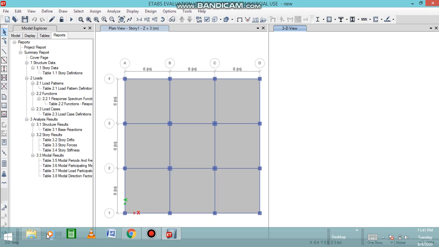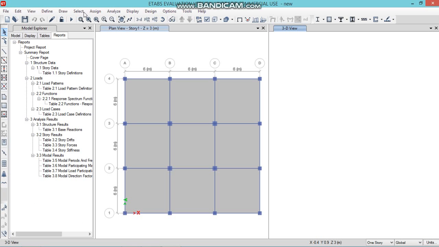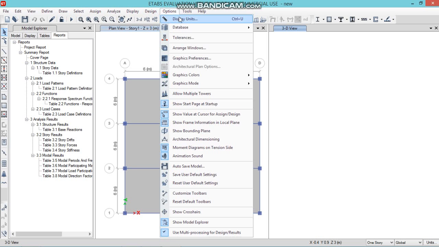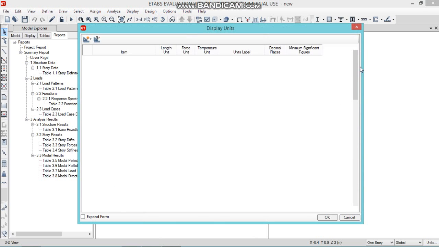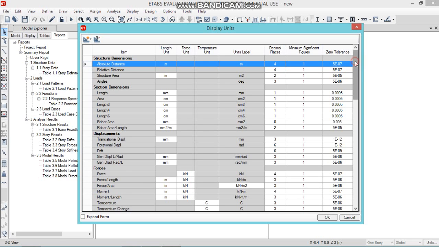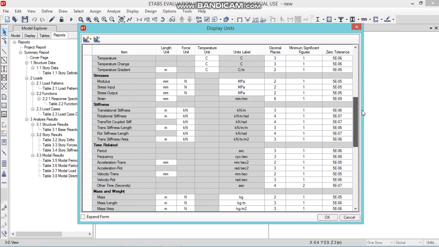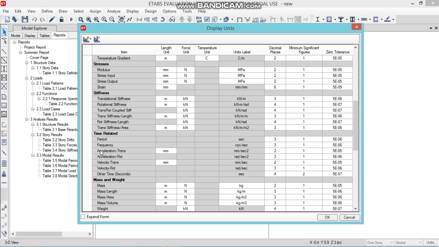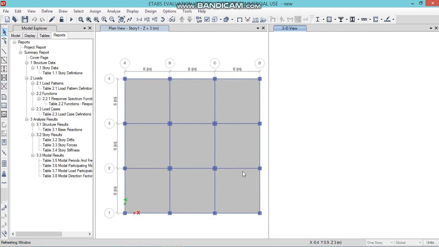So check the unit of acceleration by going to the options menu, click on display units and check the acceleration value. Here you can see the acceleration value is in mm/second square, which is okay. So click on OK.